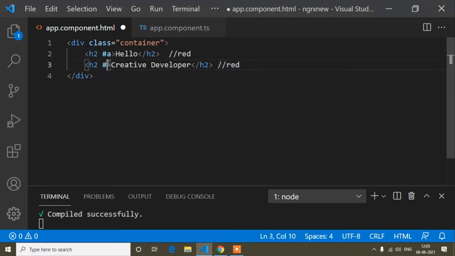Now you are thinking the same thing can be used, so here we will write the template reference variable as the same a, but we should not write it like this, because a template reference variable is always unique. It's the same as an id, and we know an id is always unique. So if you use a, we cannot use the same template reference variable on the same page. You have to change the template reference variable name. If you write a here, then here I will write b.